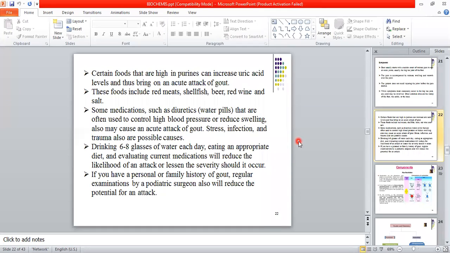Now, how can we control this? Certain foods that are high in protein and high in purines can increase the uric acid. You should take a limited amount of protein. The next thing, which type of food may cause especially your gout disease? That one is red meat, fish,